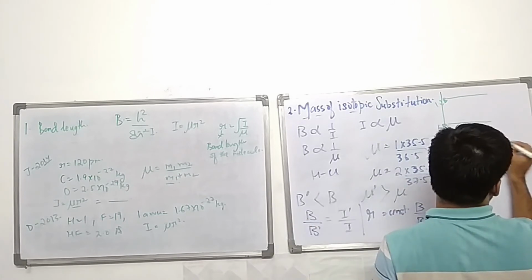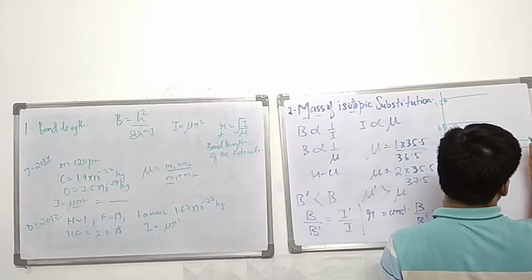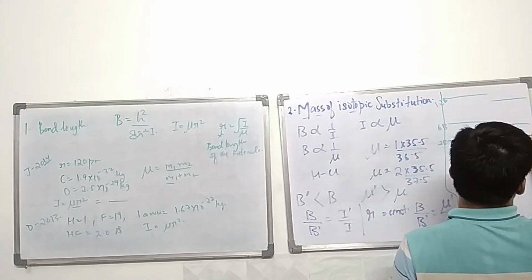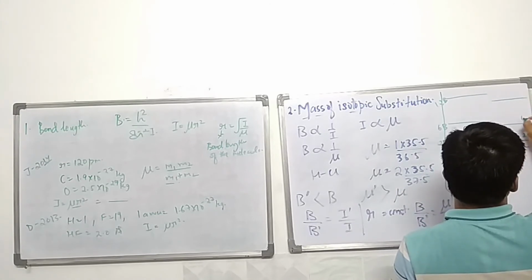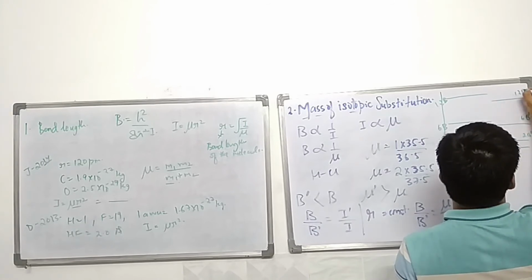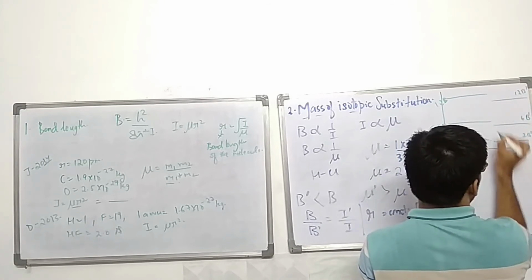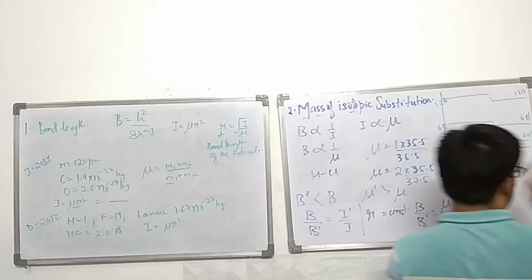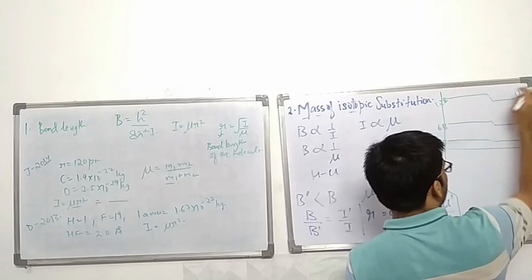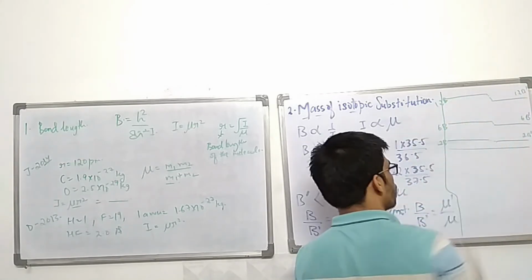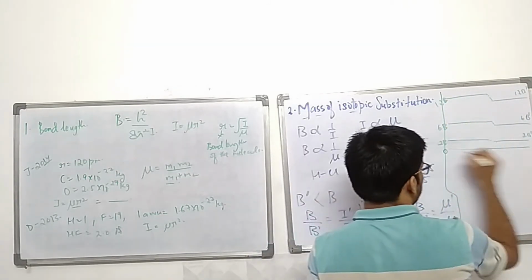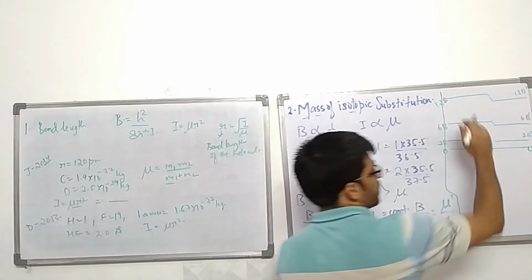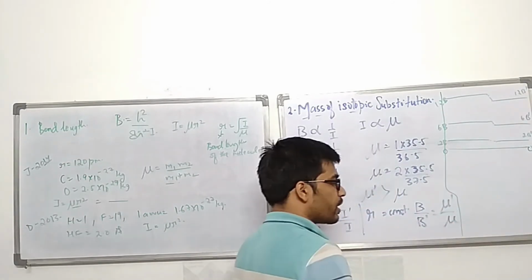So I will find the energy level to be somewhere here, and in this case here, and in this case here. It is 2B dash, 6B dash, 12B dash. You can see in terms of energies, the value has decreased, but it is still 2B dash, 6B dash, 12B dash, and in this case it was 12B, 6B, 2B. The 0 doesn't make any change. So now the energy levels have come down, and the spacing will also decrease.